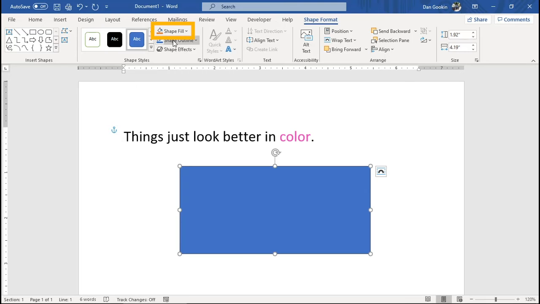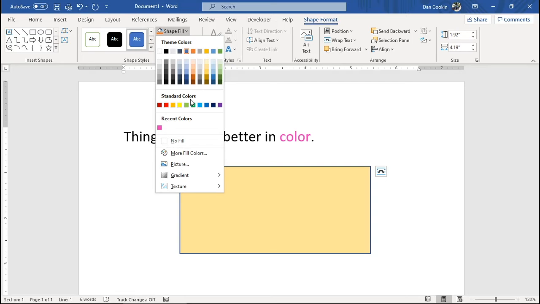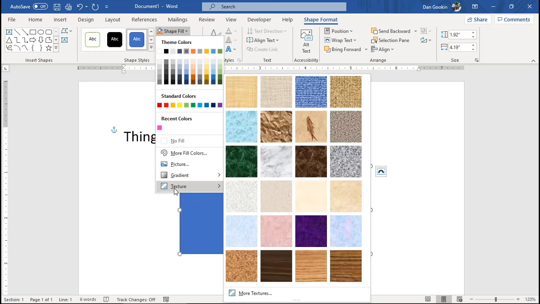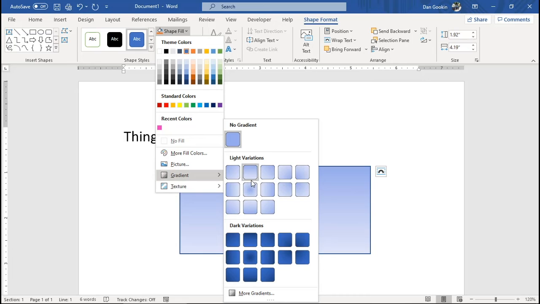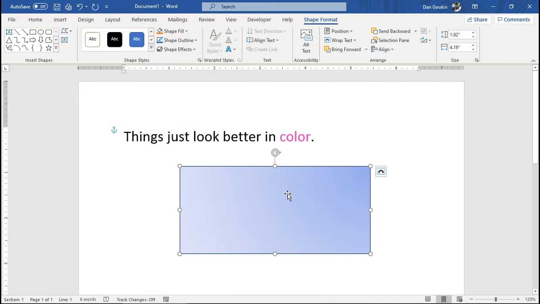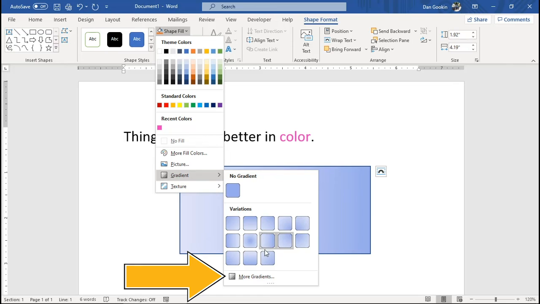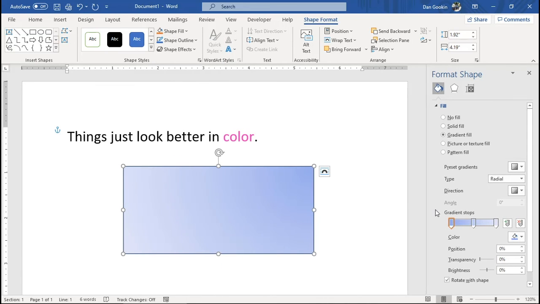I'm going to choose the Shape Fill item, and there's our old friend, the color picker, along with any new colors that have been chosen. The menu has a few items here in addition to gradient, and this is specific to shapes. But anyway, I'm going to choose gradient just to show what it does, and I'm going to set a gradient. To customize this appearance further, choose Shape Fill once again, Gradient, More Gradients, use the Format Shape pane and this